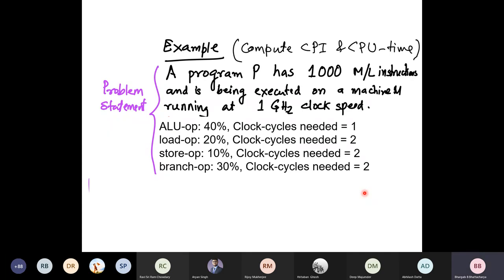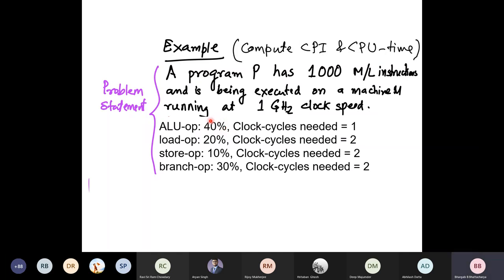So there is a problem statement to look into this. You have a program P and it has 1000 machine level instructions, and it is being executed on a machine M running at 1 gigahertz clock speed. And as you see here, this program P comprises some ALU operation, some load operation, some store operation, some branch operation. And there are 40% ALU operation